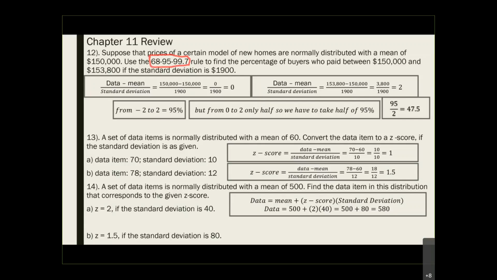And similarly, to find the data corresponding to the z-score of 1.5, it is 500 plus 1.5 times 80, which is 120. 120 plus 500 will give you 620. One thing is to make sure that this z is positive. That's why you add. If on the homework or on the final exam the z is negative, remember